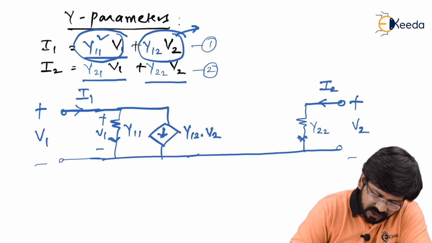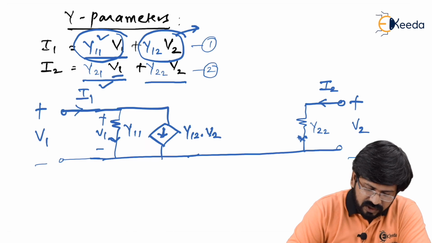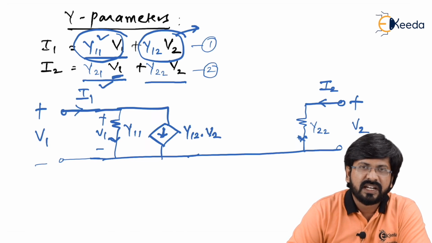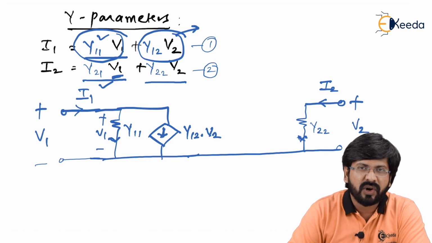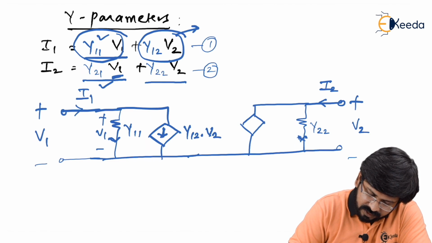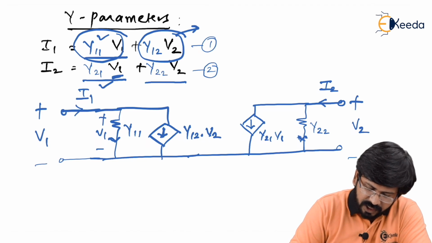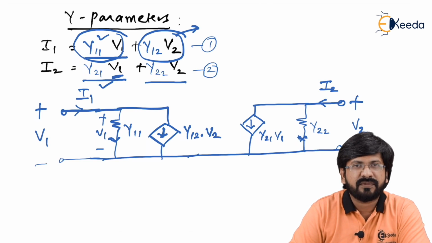And what is the second current? Second current is Y21 times V1. Again, see, this current depends on V1. If this current depends on V1, I cannot show you physically where V1 is, because V1 is a part of port 1. At port 2 side, when you are drawing something related to V1, then it has to be a dependent source only. So this has to be a dependent source, like this, downward direction compulsory, having magnitude as Y21 times V1. And now this becomes the equivalent circuit for Y parameter.